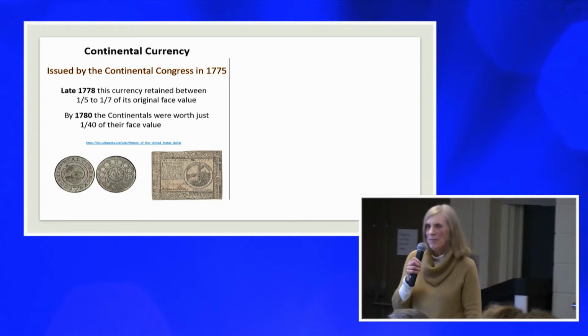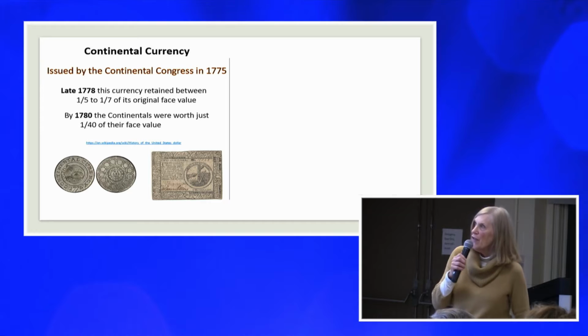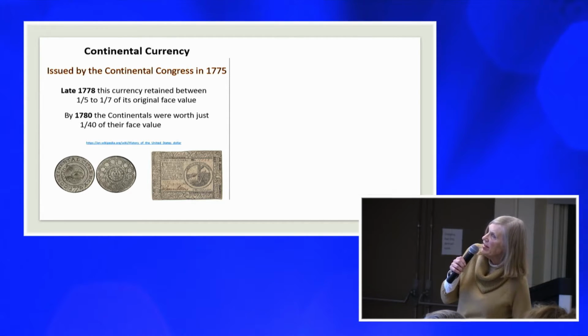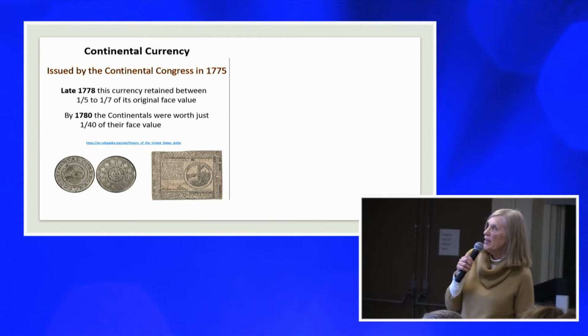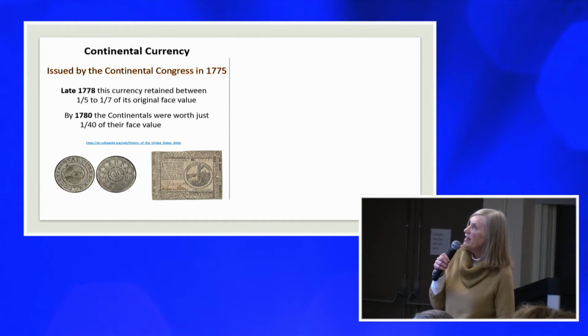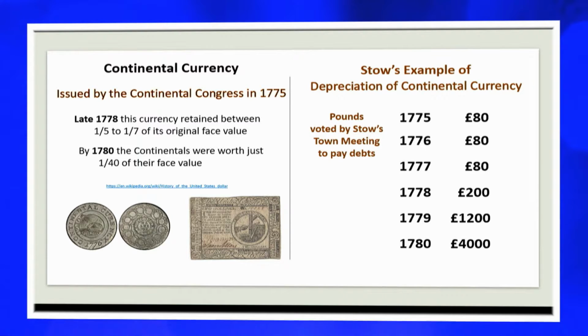So back in Stow, we have Continental Currency, 1775. By 1778, the currency had lost its value to 1/5 to 1/7 of its face. By 1780, the Continentals were worth about 1/40. Now, those are just numbers. When we took a look at our town meeting minutes, when they were talking about what they were paying each year for our debts,